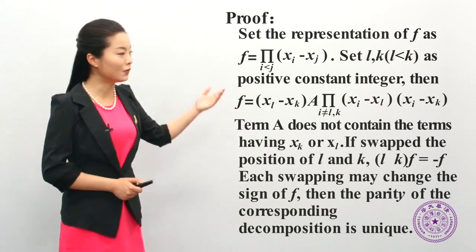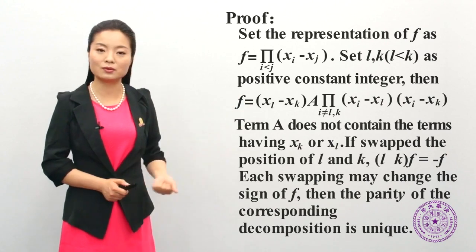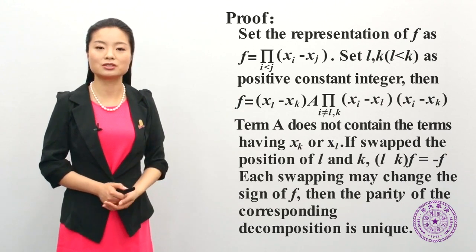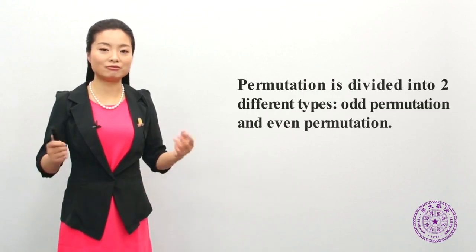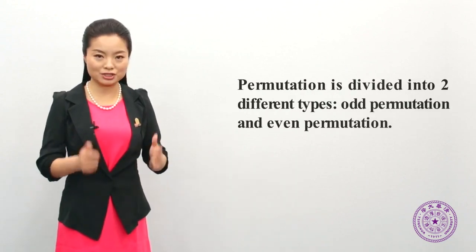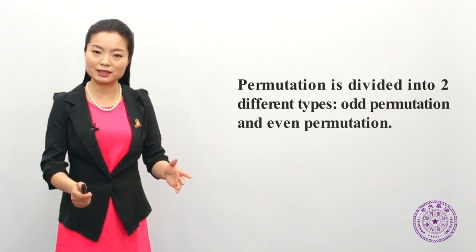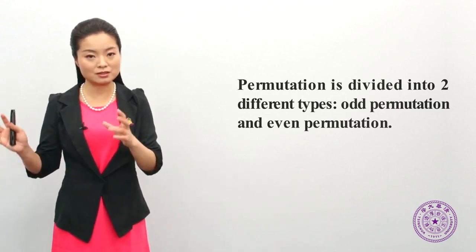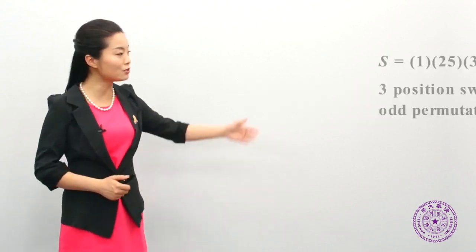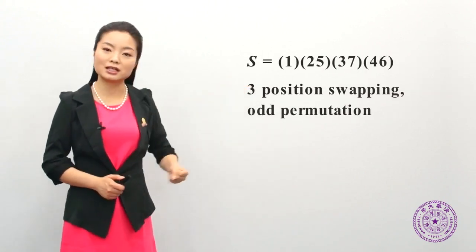Therefore, for this kind of swapping, each time we need to change the function symbol to reach the same effect. For this kind of swapping, its parity is unique. Then we will split all the permutations into two categories. One type is known as odd permutation. Another type is known as even permutation, which means there are some permutations which are a product of an odd number